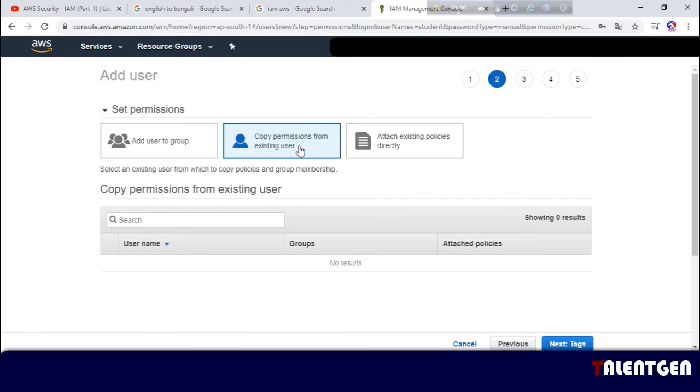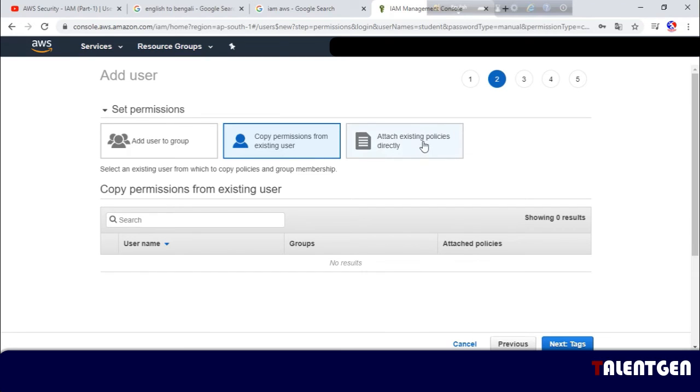If you already created a user and assigned some permissions, and you want the same permissions for another user, then you can select this option.